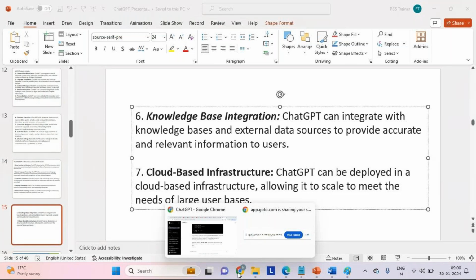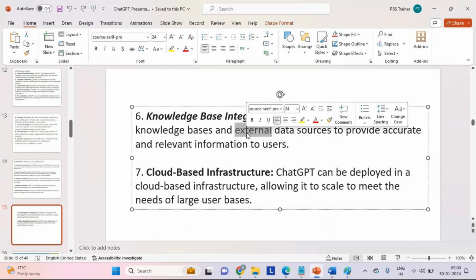Based on that, you'll get the response for their data only. So they don't care about external data. Which means ChatGPT has got a provision to integrate with external data sources to get their relevant information.